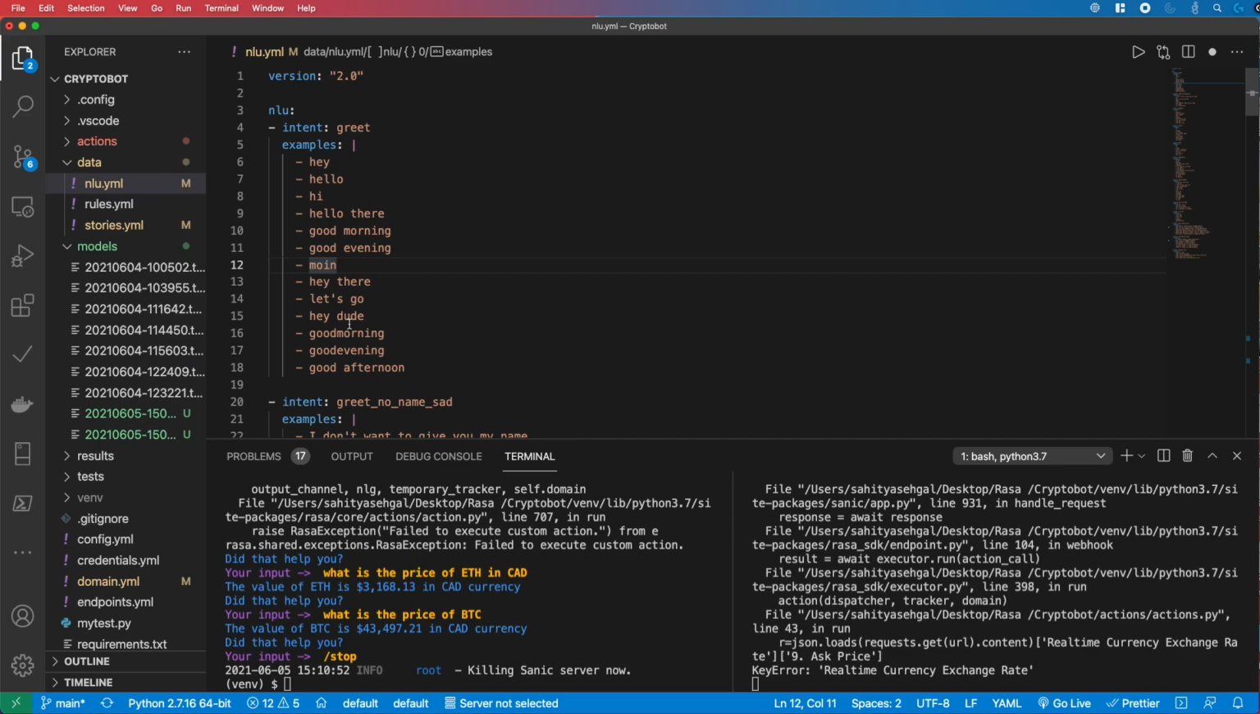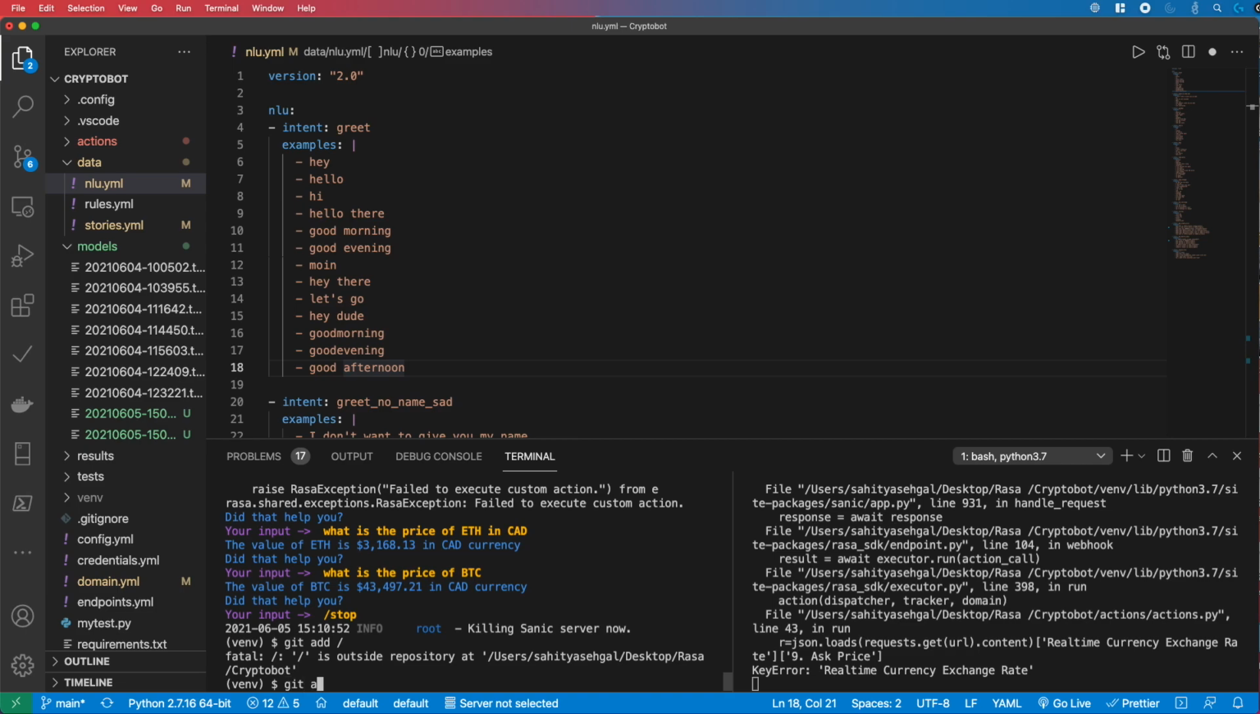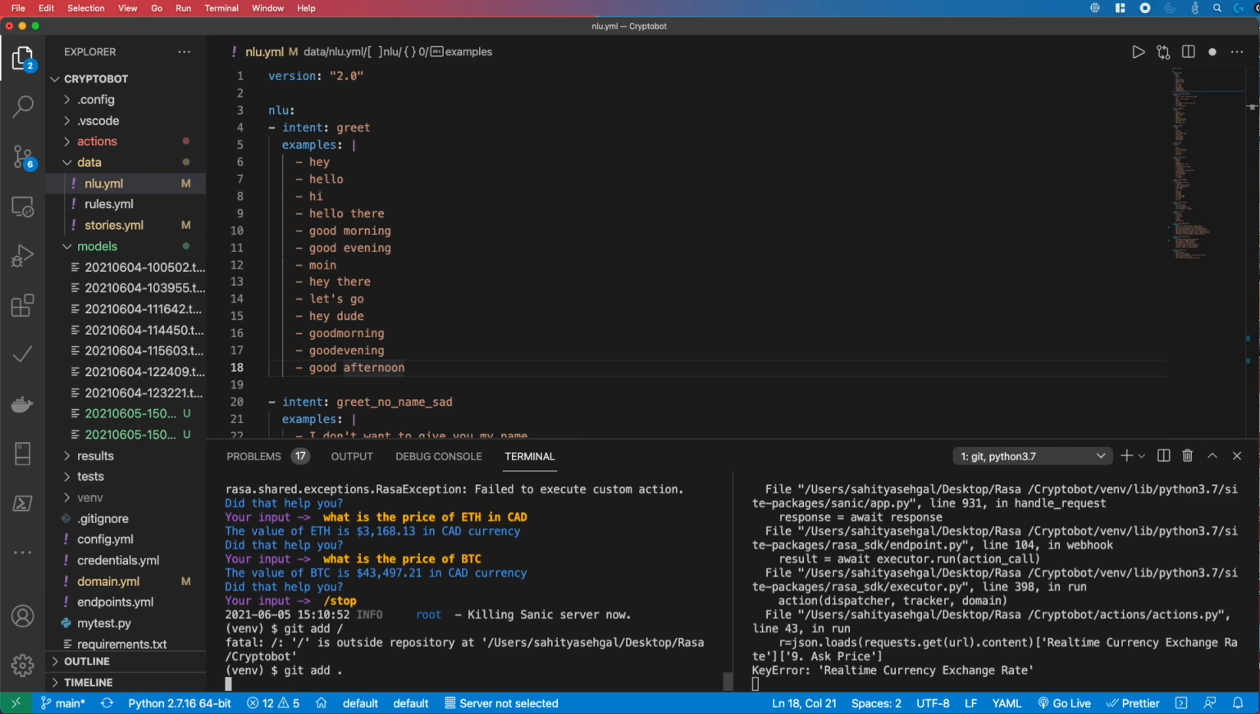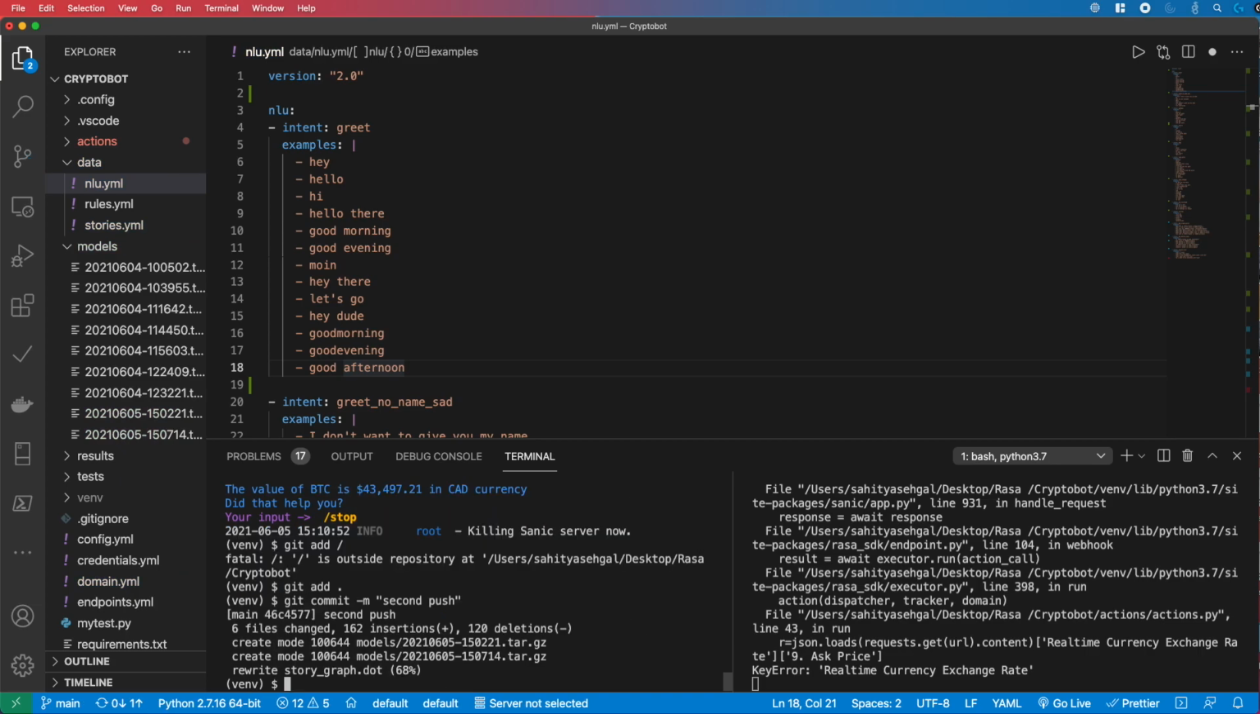Okay, so let's upload this to GitHub, and then we're going to rerun the UI, and then we'll close this out. All right, so git add. I'm basically adding everything here. Git commit, second push. Okay, so I'm going to leave it still at the master branch. I'm not going to touch that. So I'm just going to say git push